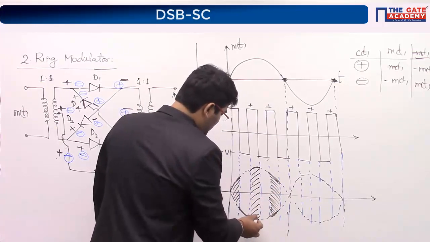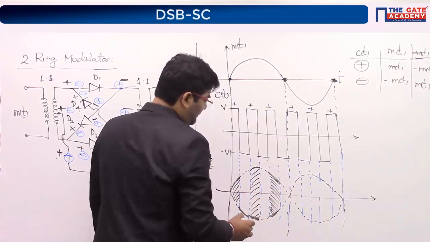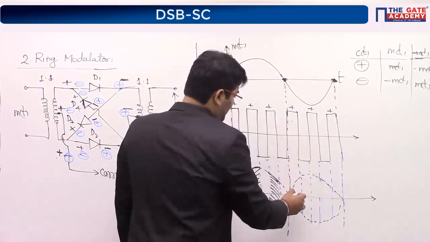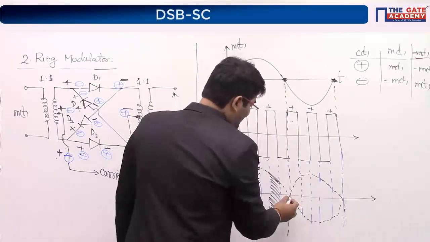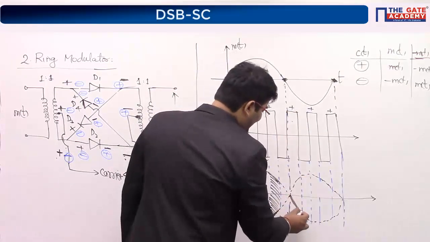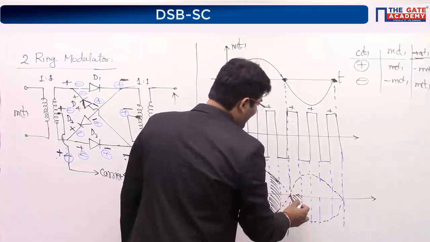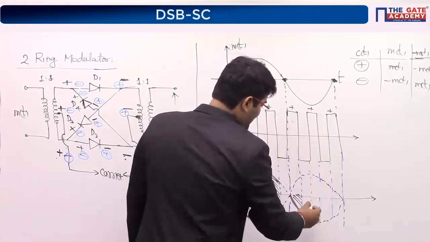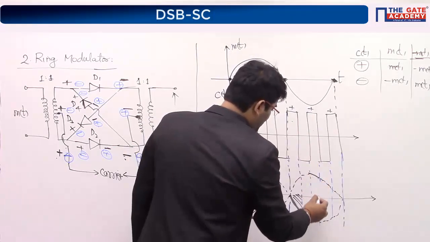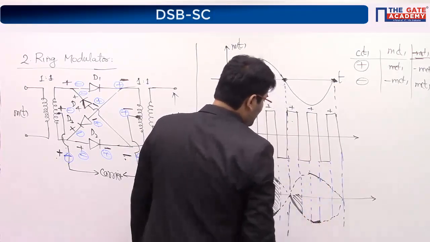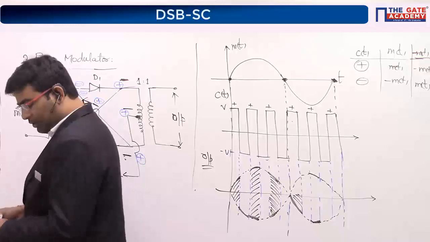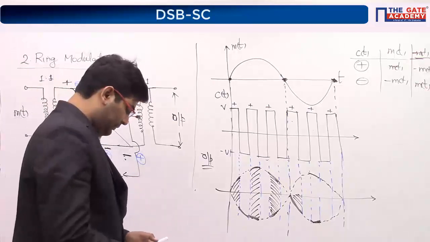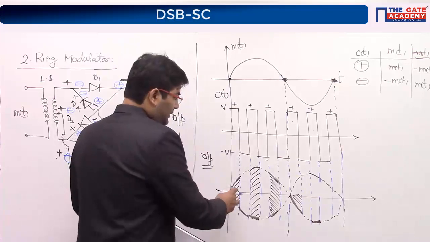Let me do this. Okay? Then this is positive, but mt is negative. So you will get what? Plus into minus is minus, guys. Don't miss on that. Then plus into minus is minus. You will get this. Okay, so let me go through this and put some other color. Okay, so you get this output.